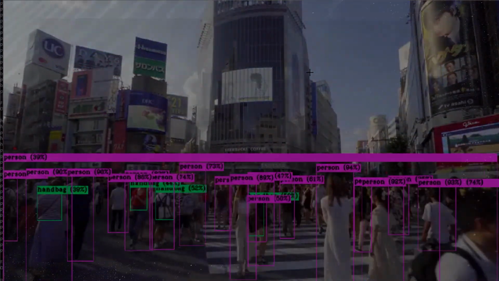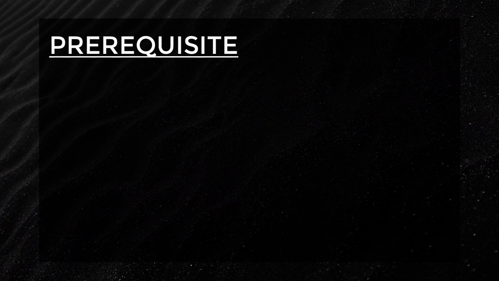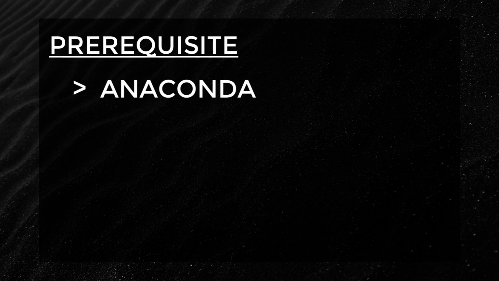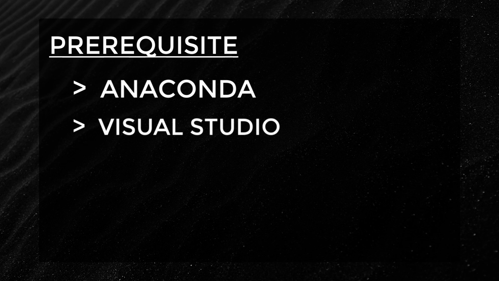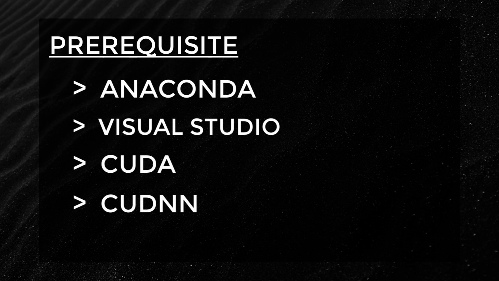So let's begin. To build Darknet, you need 5 things installed on your system. First, you need Python, for which we will use Anaconda for its convenience. Second, you need Visual Studio Community Edition 2019, which is a free version. Third, you need CUDA installed in your system. Fourth, you need CUDNN. And finally, you also need OpenCV, which should be built from source. I will cover all the steps in detail and put all the links and commands in the description below.